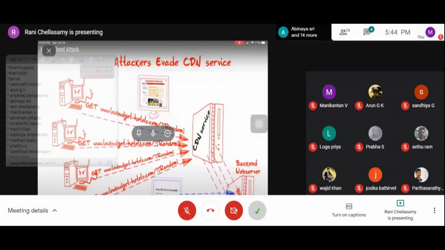So the attacker is avoiding the service of the CDN. Attackers bypass the CDN servers and get into the backend web server. By randomizing programmers, the HTTP GET request attackers manage to bypass the CDN servers and request the web page from the backend server.